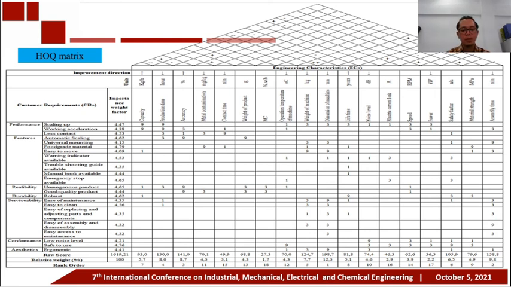In designing a product, all customer requirements and engineering characteristics need to be considered in order to meet customer satisfaction. The results of the HOQ are used as a guide to help the team determine the selection criteria in evaluating the design.